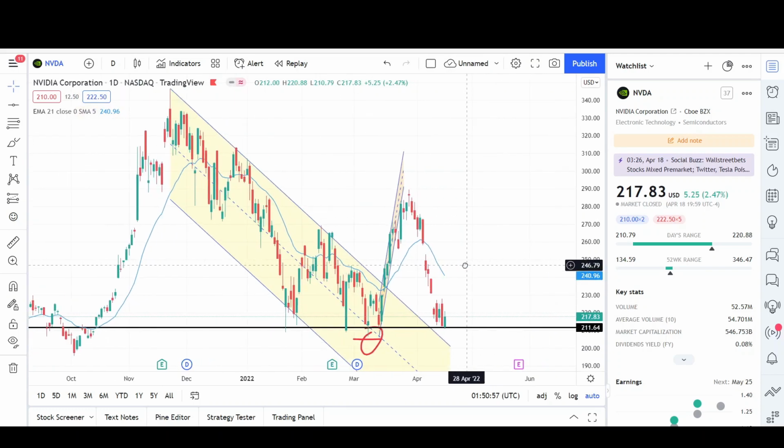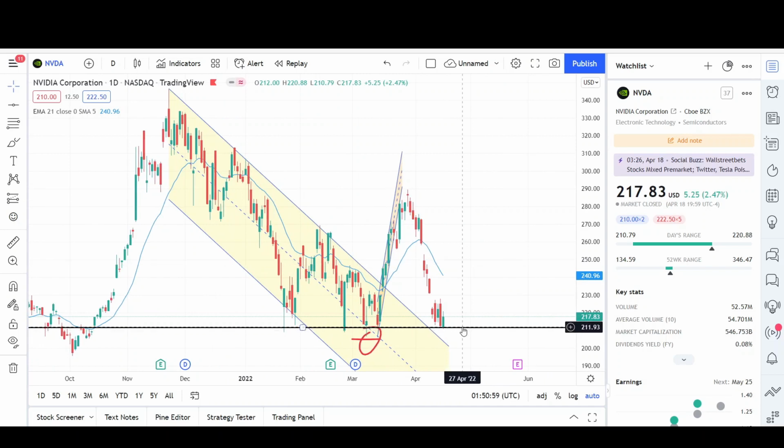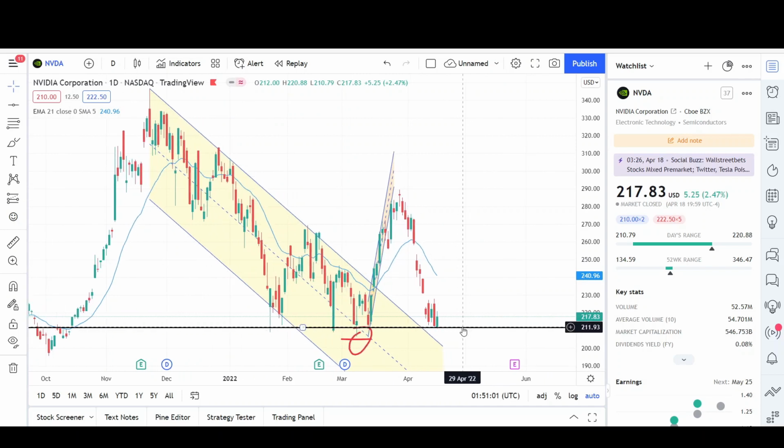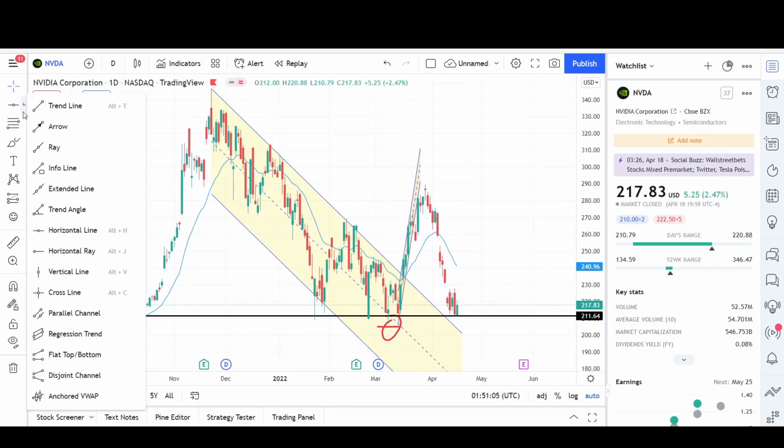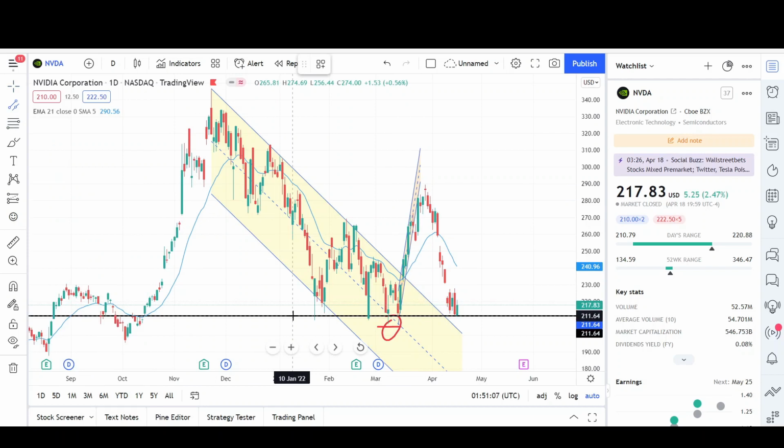But how many times is it gonna hold? Eventually something's gonna give way, and most likely it's probably gonna be the support level. So that's why I'm looking for lower price targets. Show you guys that right now. We had this previous range in place. So the range is right around the 211 support level, and the highs of the range is right around the